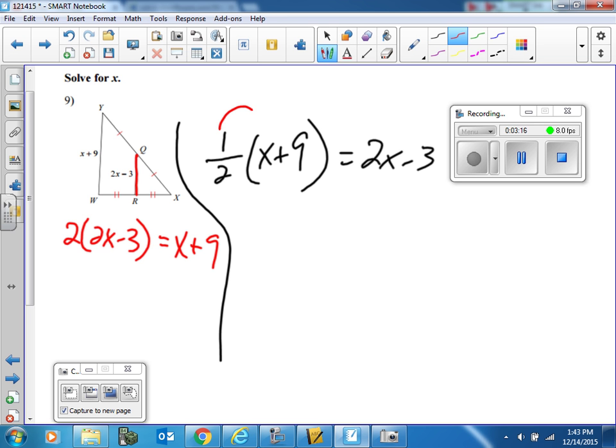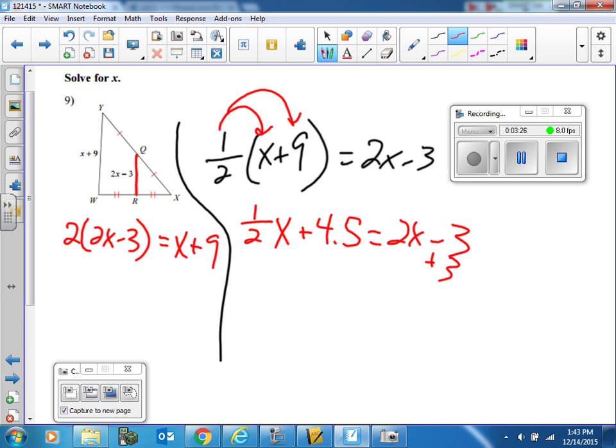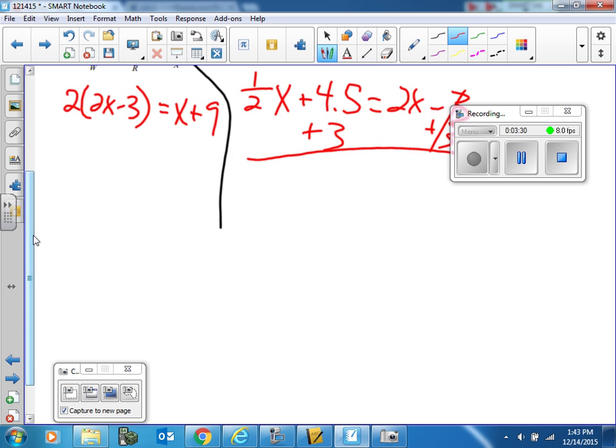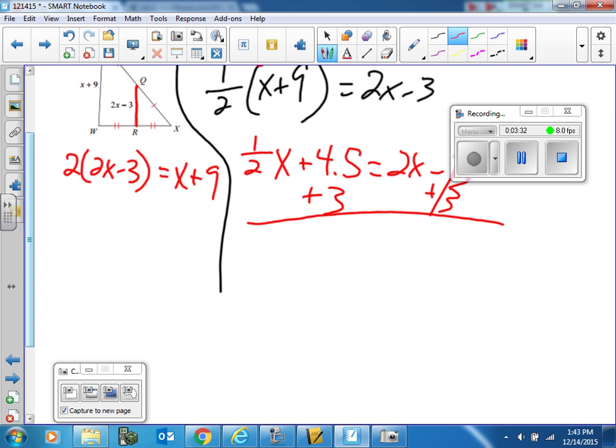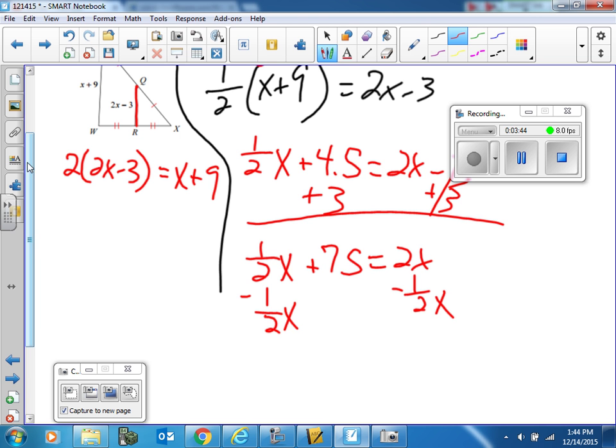So what I want to do is distribute this, so I'd have 1/2 x plus 4.5 equals 2x minus 3. Then I could add 3. Again, there are a lot of different ways you could do this, but this is one way. So we would end up with 1/2 x plus 7.5 equals 2x. Then I could subtract 1/2 x from this side. And we end up with